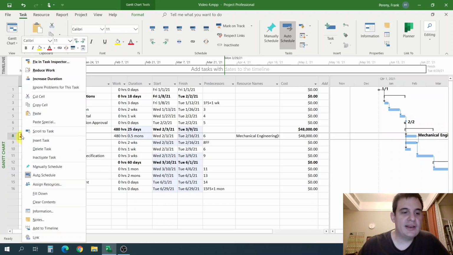So we can right click on that, and there are different options to fix that. Of course, you could ignore it. Maybe you have a secret plan worked out, and you could force Project to ignore that. But that's usually not the best way to handle this, because it could cause a lot of confusion. So you can either fix it in the task inspector, which basically opens up that dialog, or you can reduce